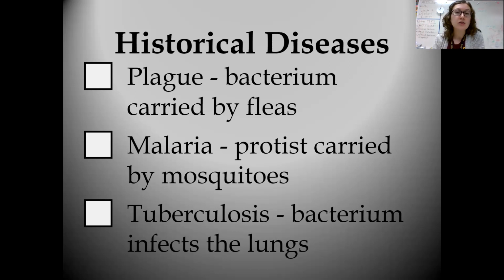Your textbook does a really good job talking about the history of these, how they've actually spread from one individual to another. I think one of the key things is that with all three of these, they're highly infectious, highly contagious. If we have a high infection rate and a high contagious factor for a disease, that's going to cause it to spread wide scale in a very short amount of time, leading to something that we would consider potentially a pandemic.